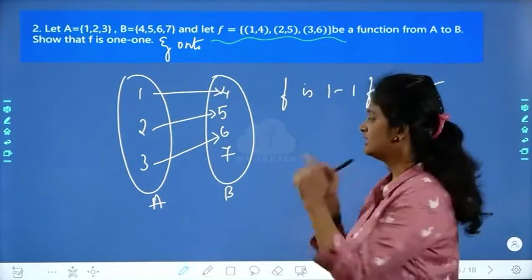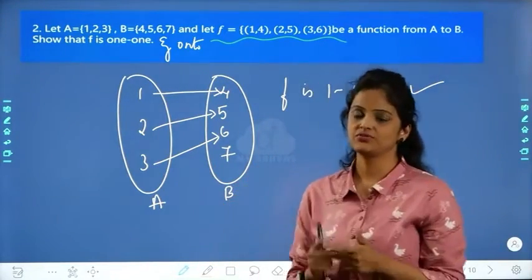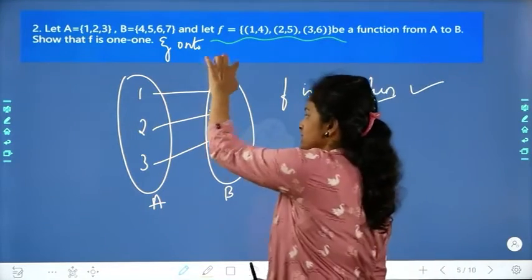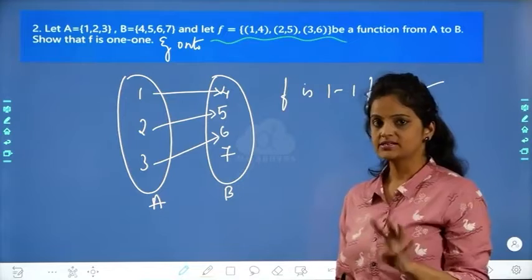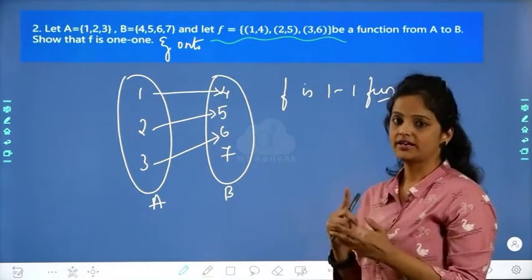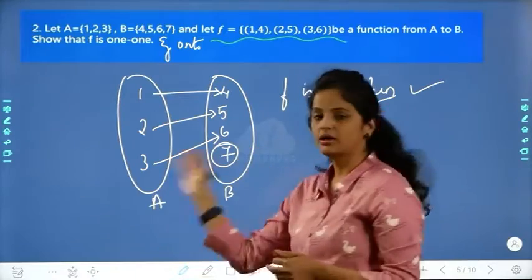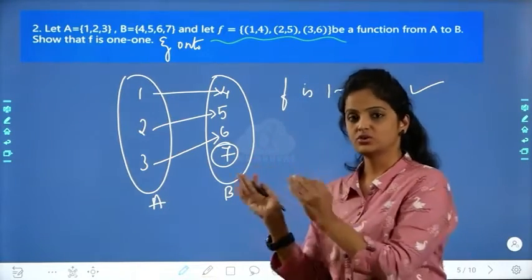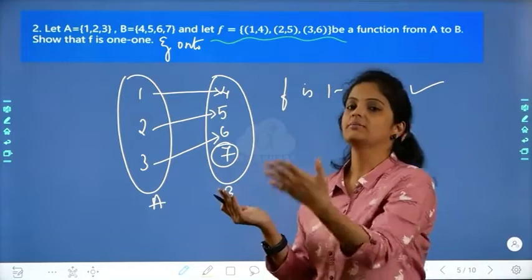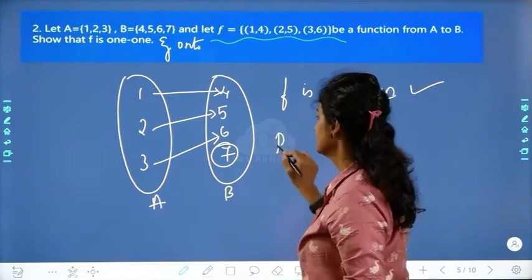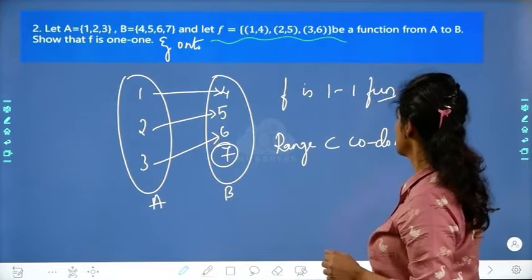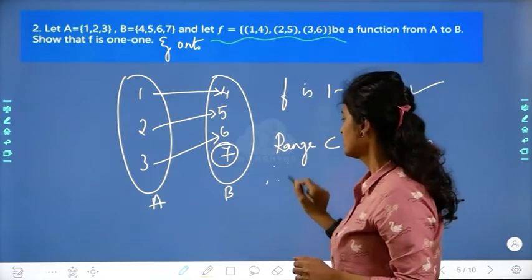If onto is given and you have the mapping, first check the domain, codomain and range. Codomain has 4 elements and range will have only 3 elements. So the elements are 4, 5 and 6, because 7 is not part of the range, right? It is only part of the codomain. So 7 is not coming under range. So I can tell that range is a proper subset of codomain. Therefore, f is not